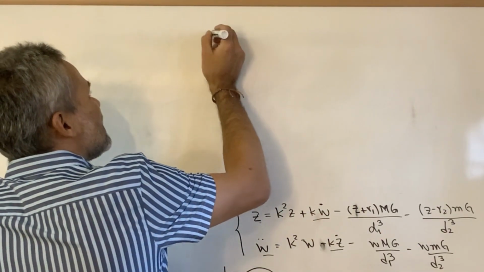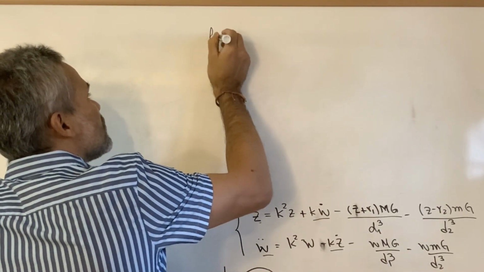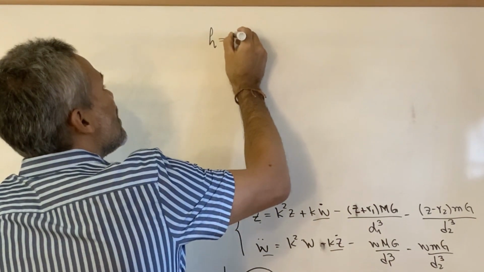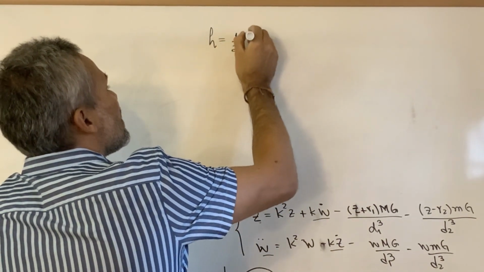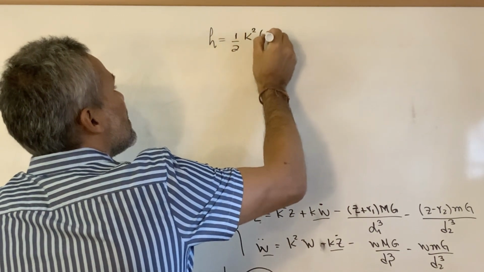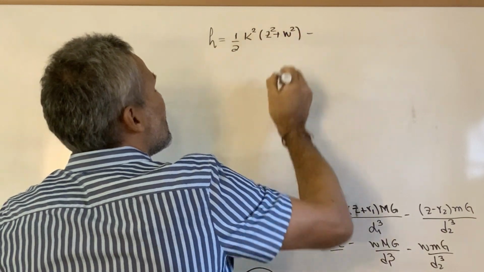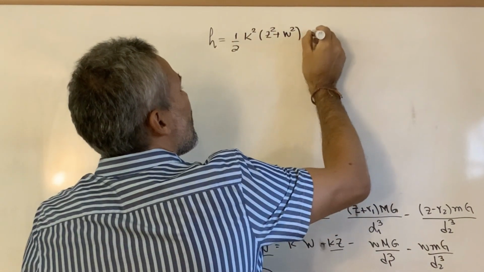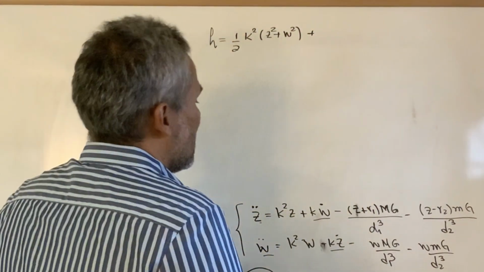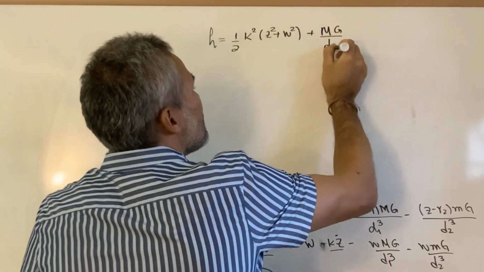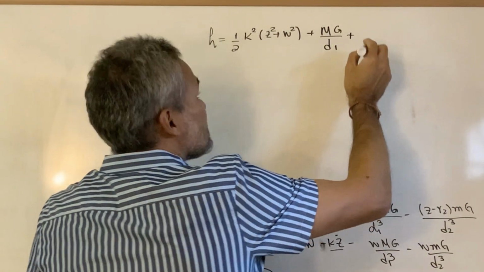We notice that algebraic verification shows that if I define h to be equal to 1/2 k squared (c squared plus w squared) plus mg over d1 plus mg over d2,